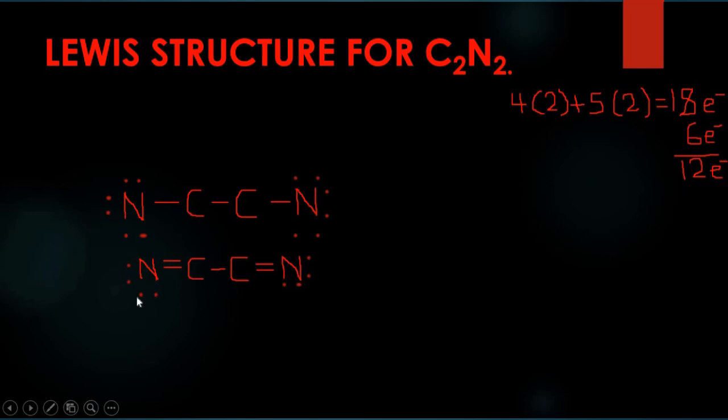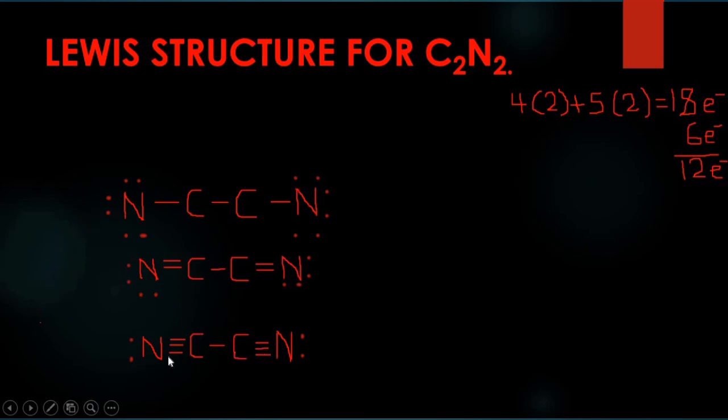So we will go on and use 2 electrons from the nitrogen, 2 lone pair electrons from the nitrogen atoms, to form another bond between the carbon atom and the nitrogen atom. So once again, the lone pair electrons around the nitrogen atom have now reduced to 2 on each side, and